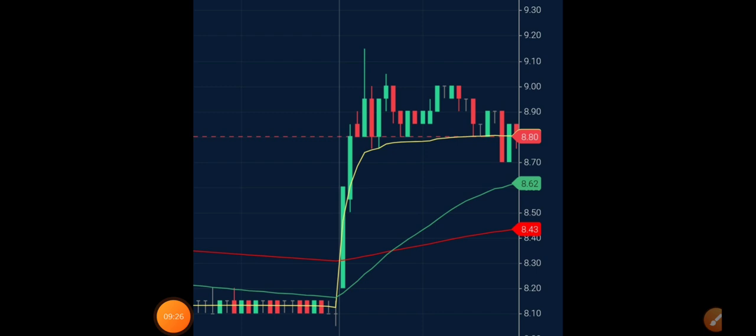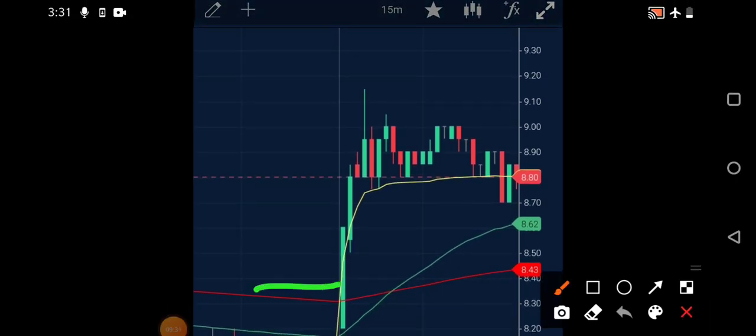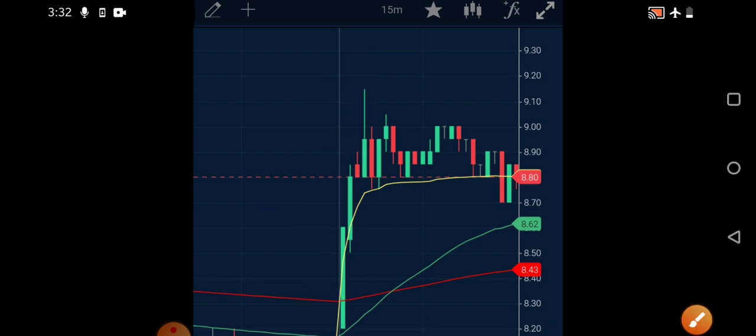Okay, so the next stock that we have got in the screener is Idea. That also we will get around 9:20. At 9:20 you can see the stock will be at not even 5-6% positive movement. After you enter, you can see the stock will go pretty good. In a pretty good manner, the stock has rallied. Same pattern that we have seen in Godrej, the same way the stock has given movement in Idea. So follow VWAP. Following VWAP, the stock has given very good movement. So this is about Idea.